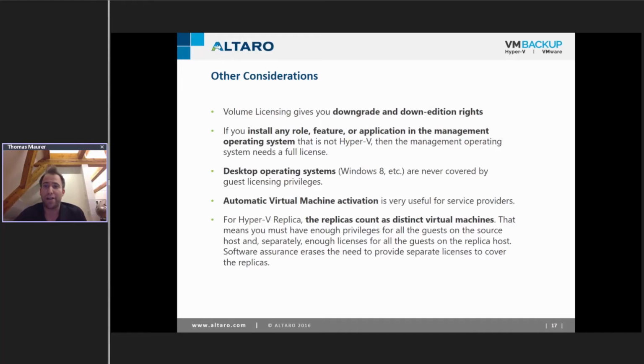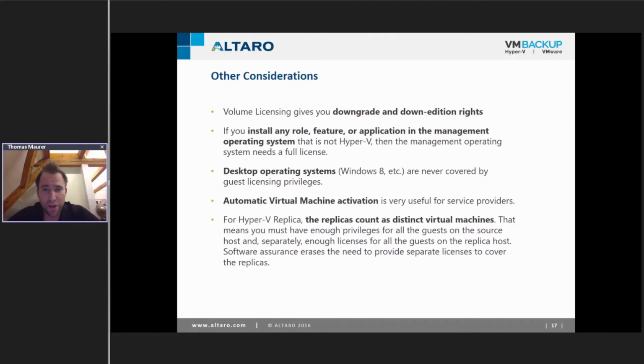So just remember that if you're planning to buy a Standard license for 2 virtual machines, where one, for example, is doing Active Directory and the other one is doing some other stuff, you can't then install, like, the DHCP server on the Hyper-V host itself. That's not how it works, right? So that's just to remember. For desktop operating systems, things are a little bit different. If you don't have Windows Server licenses, they have a special license for Windows client operating systems, if it's Windows 8 or Windows 10.